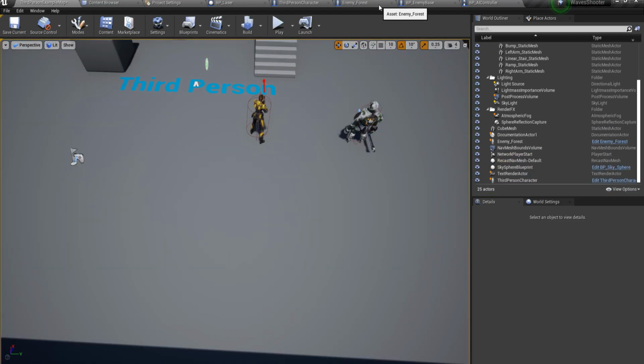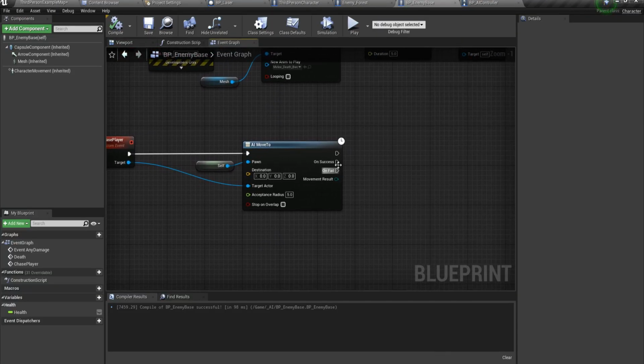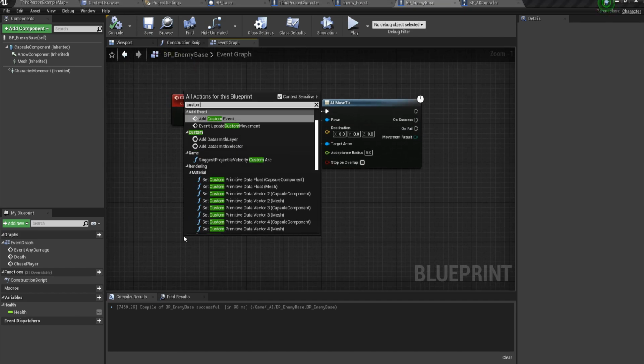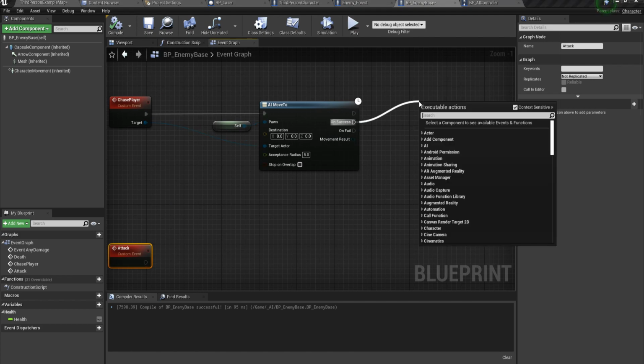So we don't want to stop on success, right? So what's happening is it successfully reaches the player. And that's it. We want it to always move to the player, at least for the most part. We're going to make some changes where when it reaches the player, let's do like an attack. So actually, let's just set that up now. Custom event attack. Right, we want the AI to attack. So on success,